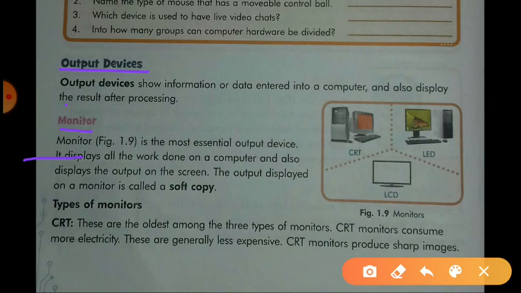The output displayed on a monitor is called a soft copy, and when we take output from the printer, that is called a hard copy. So this is the difference between a soft copy and a hard copy.